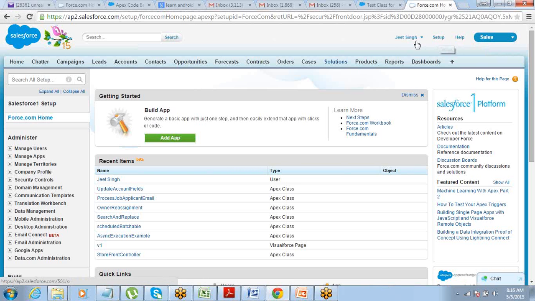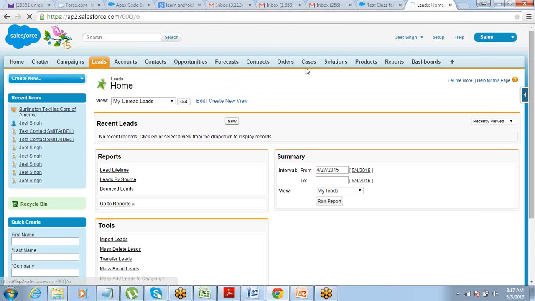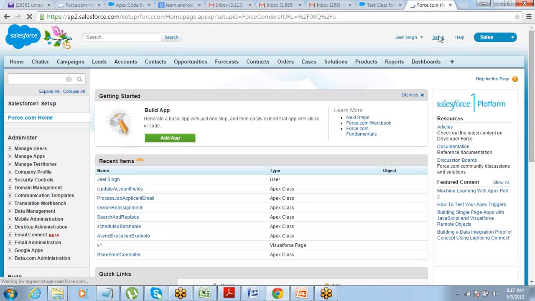What is setup menu? Currently you see a menu in the left hand side, this one. This is the setup menu. Okay. If it is not visible here, then you can click on this to see this setup menu. Okay. Right now it's visible. But if you don't see this menu, if you click on something, then this menu will disappear. If you just want to see that menu back, you need to click on this setup menu. Okay,